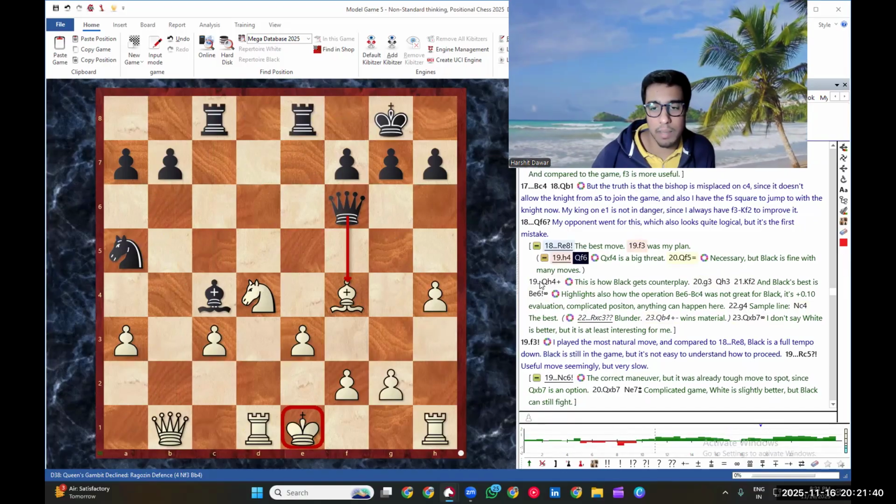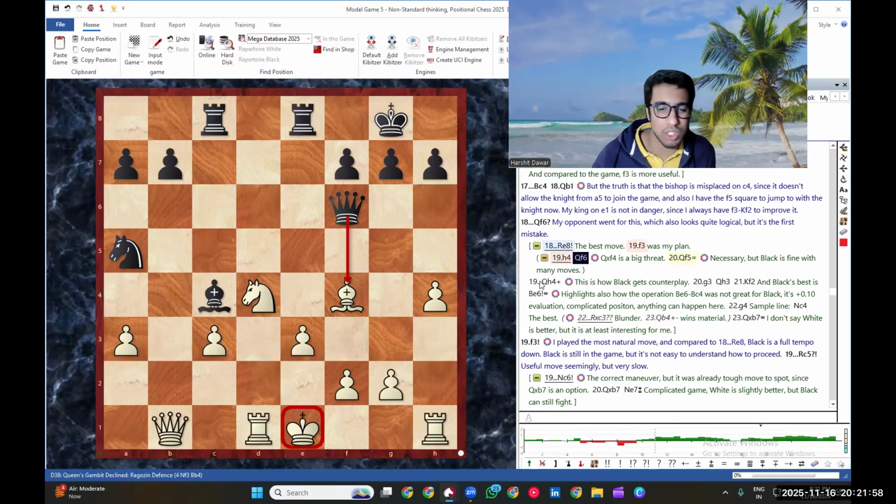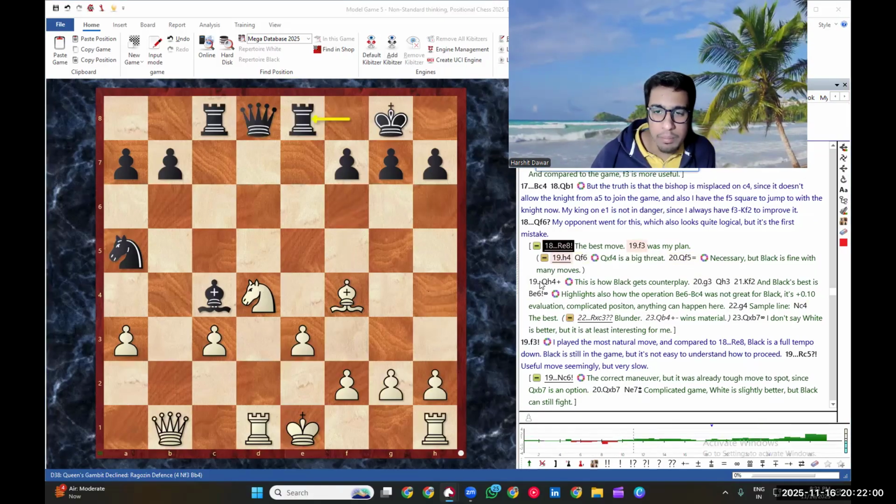Queen f6 with the same idea now. Queen f4 is a big threat. Queen f5 must be played because such moves like g3 and h3 are just very weakening. You don't want to play that. It would be very ugly. Bishop d5 perhaps, and knight's coming to c5, getting tempo. Light square is very weak. Maybe knight c6, bishop f3 in the future. That's just very ugly stuff.